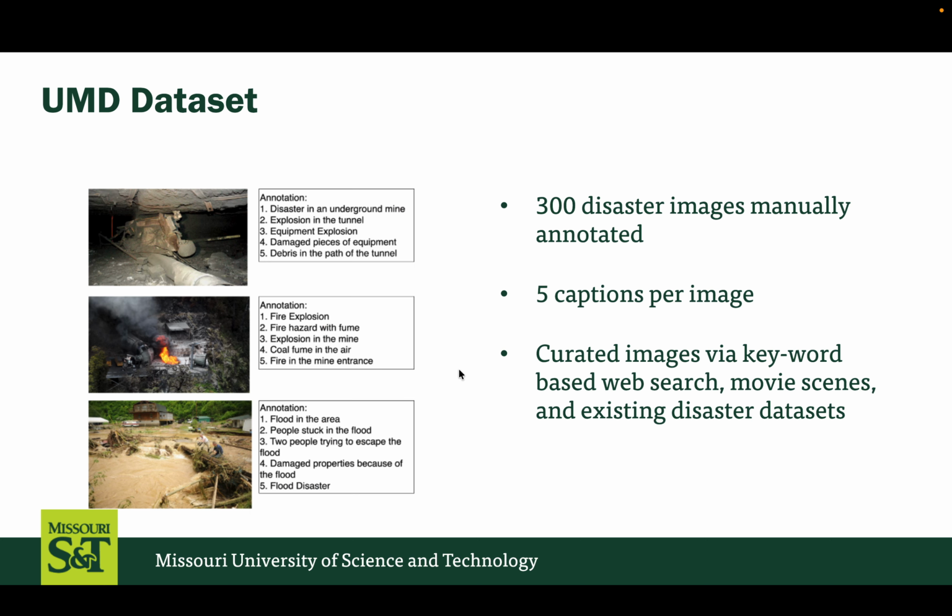text. To evaluate in-domain performance, we curated the underground mine disaster image caption dataset with 300 images and 5 captions each. We curated images via keyword-based web search and supplemented them with visually realistic underground disaster scenes from films, then standardized pre-processing and resizing to 224 by 224. This dataset enables training and rigorous evaluation of underground disaster captioning. The intent is to capture scene elements that matter for response, such as structural damage, debris, blocked passages, and potential hazards, so models are evaluated on descriptions that reflect operational needs.